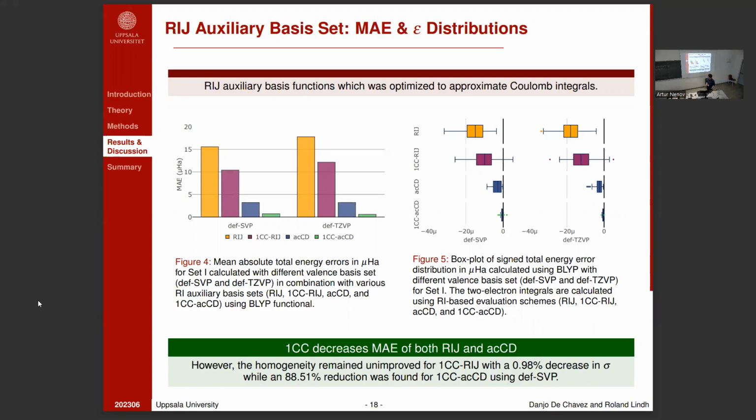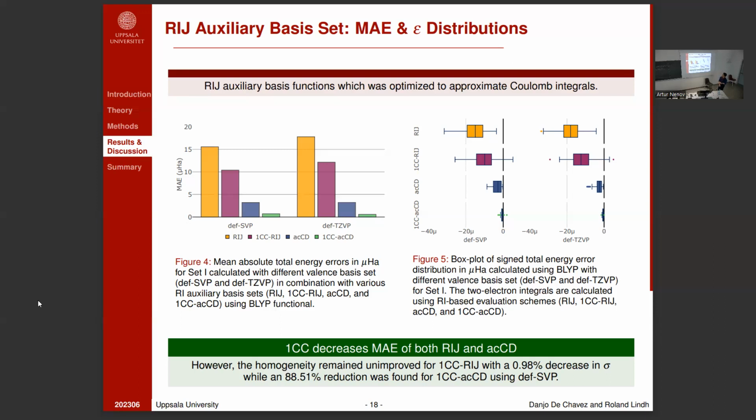Okay, so going to the results, you could see that the correction is also applicable for this type of auxiliary basis set, where it gains almost 5 microhartree, and similarly for def2-TZVP. This is also true for ACCD, which is an example of a systematically derived basis set. Obviously, the ACCD is outperforming your